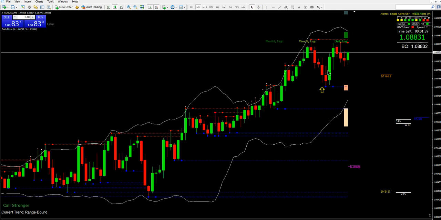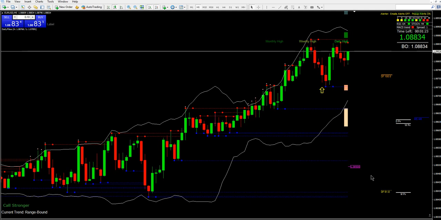Otherwise, unless you know how to trend trade, I would stay out of this type and wait for a pullback that's overbought, oversold with some good confluence. It's basically the same TA rules or confluence rules. You're just waiting for a pullback to a good confluence zone. It's overbought, oversold, and we're going with the trend.